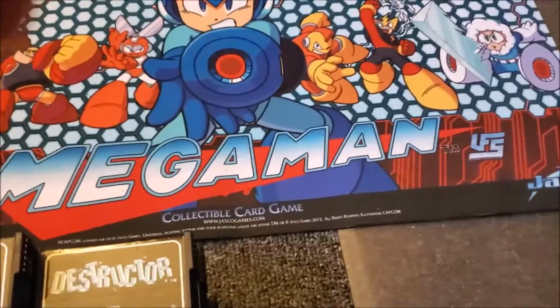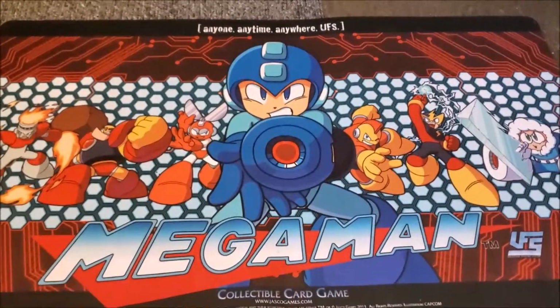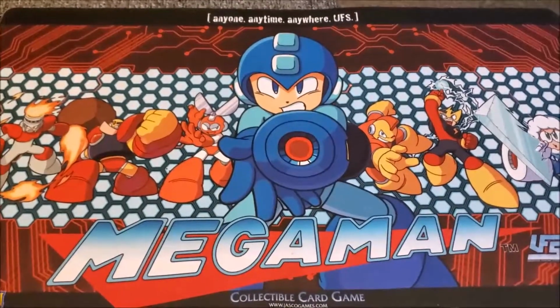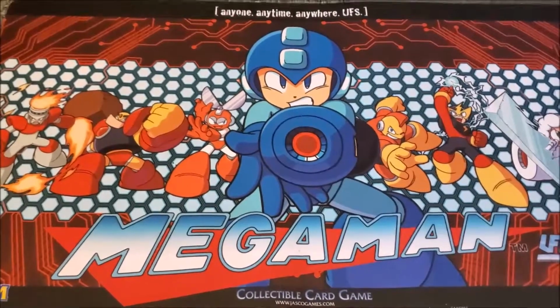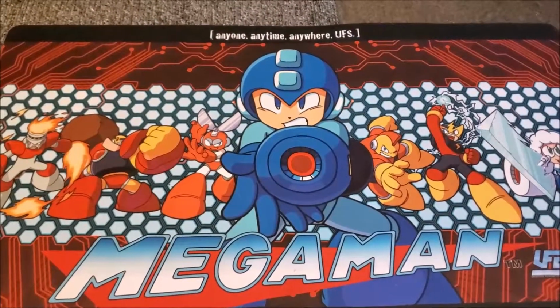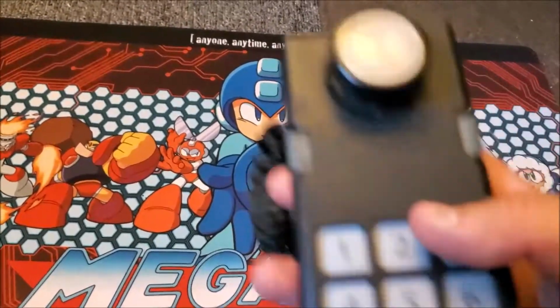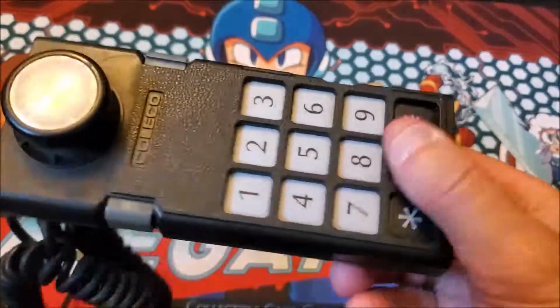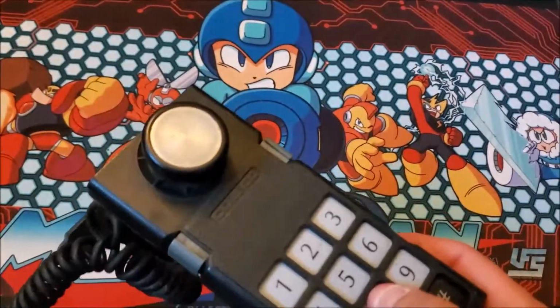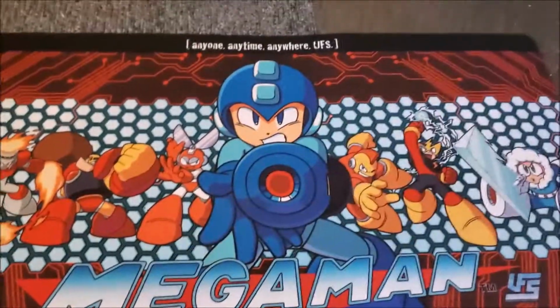And then I asked if he had a system. He said he did, but he tried to test it a while ago, and he couldn't get it to boot up for some reason. I'm thinking it's just really dirty, needs real good cleaning. But it came with controllers, and these controllers are not easy to come by. There's two that usually come with the system, but I got